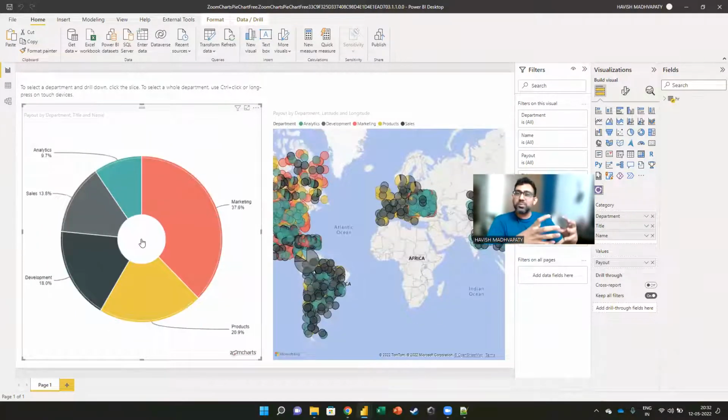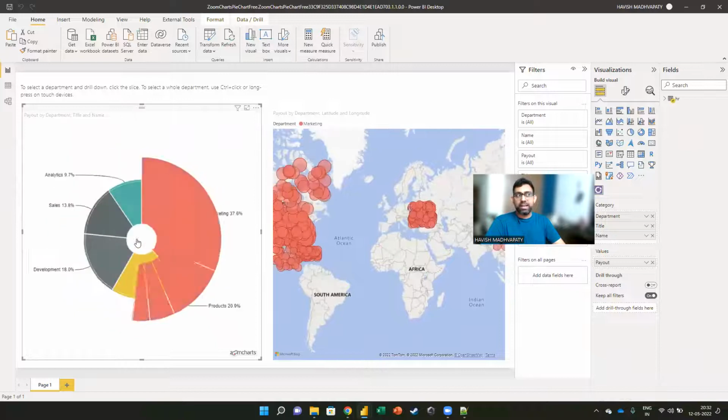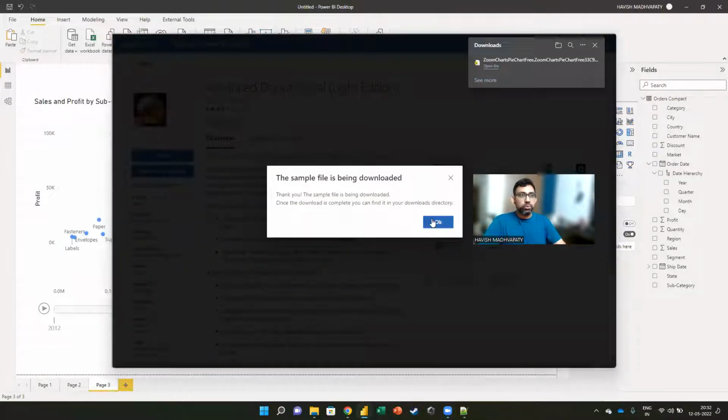Awesome, right? I mean, this is one of those charts which is a little better than existing pie charts, but it is not so different that people don't know how to use it. It's so easy to use because intuitively, a person knows within 5 seconds, okay, I'm supposed to click on this and I can go back. That's the beauty of Power BI. No coding required. You can just download these free visualizations. Right? Okay, let me show you one more.